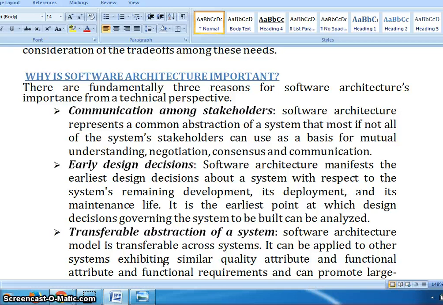Deployment means I will develop one software and I will install it on a hardware. This is called a deployment. In general, in layman's language, if you want to tell what a deployment is, it means making the software available to use, and its maintenance life. And if all these aspects are found at the earliest point, then we can design the software in a well